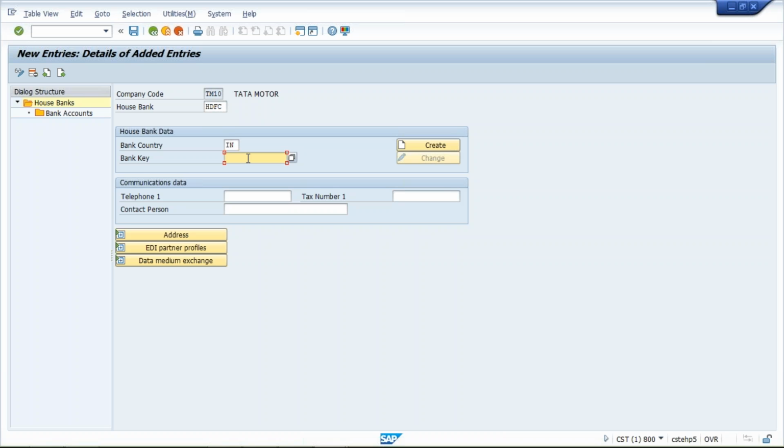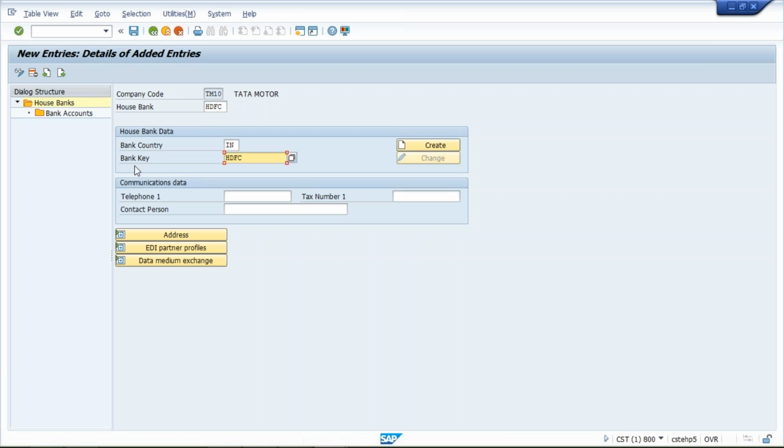See, the thing is, if any bank is there, then the bank will have a certain address also. Like the bank is located somewhere in Hyderabad, Mumbai, Delhi, Kolkata, wherever it is. So this bank key means bank details we are going to give over there. While creating this bank key, generally we give the bank name, address, IFSC code for an Indian company. If it is a foreign bank, then the IBAN number is also generally given. But here